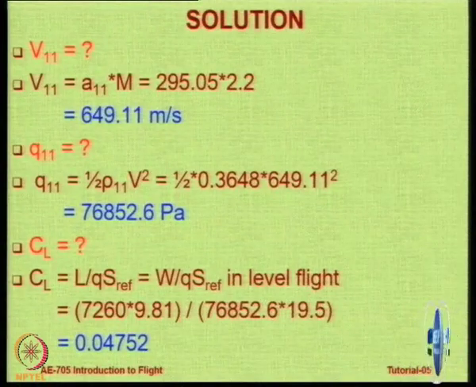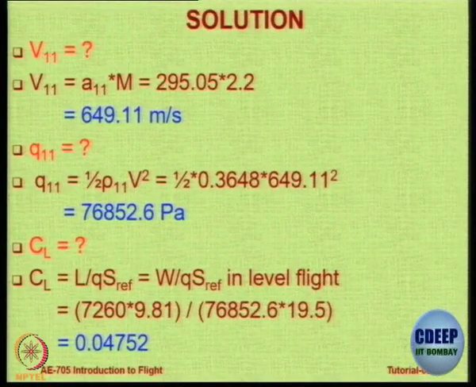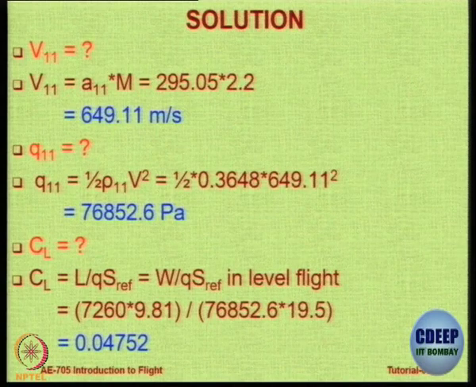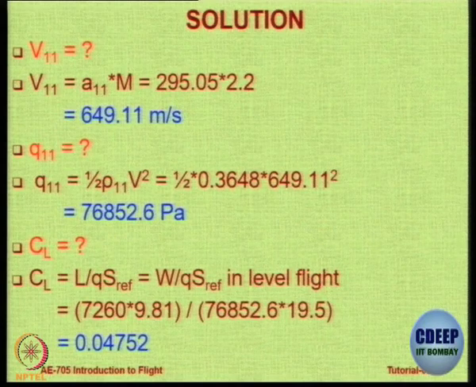Why is it so small? High speed flight. So what will be the induced drag? CL squared by pi AE. This 0.04 will be squared, so it will be negligible. Induced drag coefficient will also be very small, and induced drag also will be small because CL is very small. We are assuming that no lift is created by the fuselage etc. The whole lift is produced by the wing, which is a simplistic assumption but very much acceptable. The wings in this case would produce perhaps 95% of the lift.